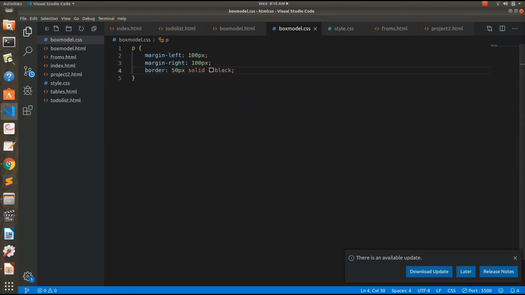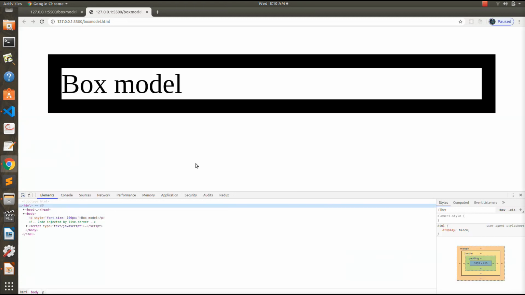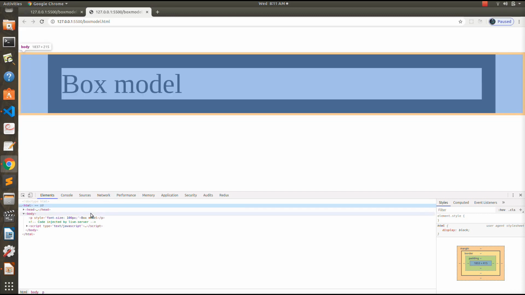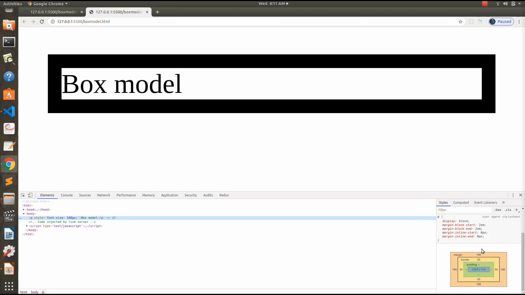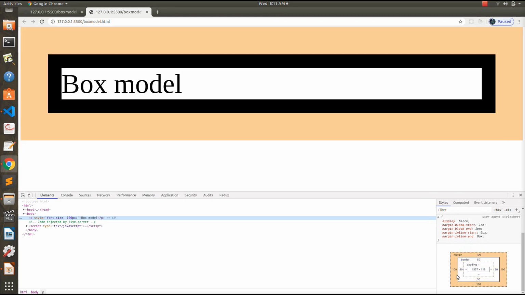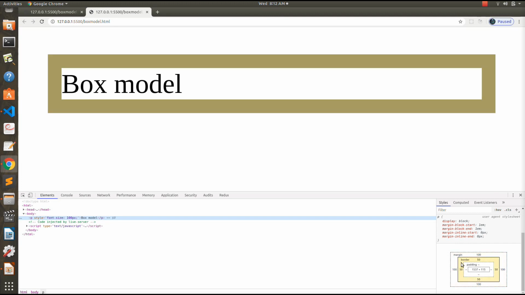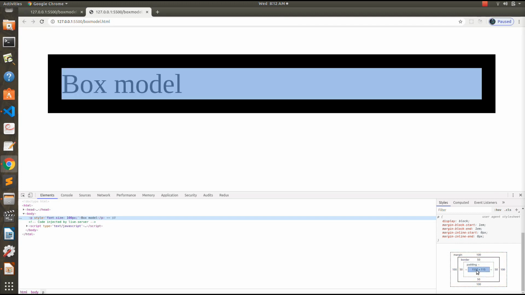Save this, and you can see a border appearing of the width of 50 pixels around this. Now if you select this tag here and hover onto its box model here, you can see all the values are now entered. So this is the border, this is the margin of 100 pixels from all the sides, this is the border from 50 pixels from all the sides, and padding we have not added yet,